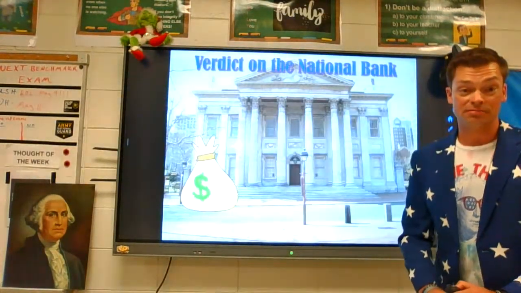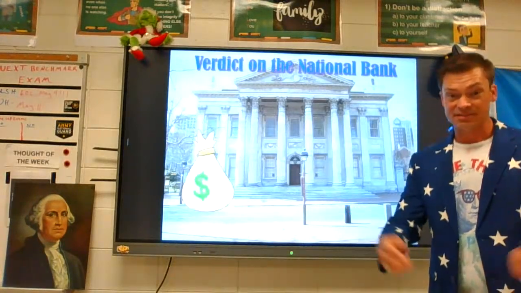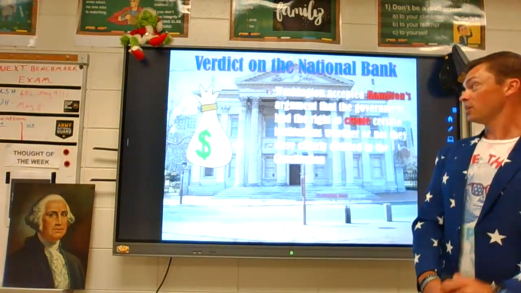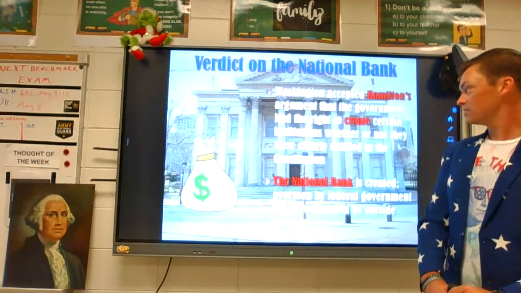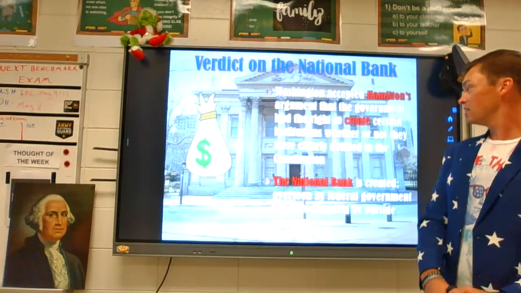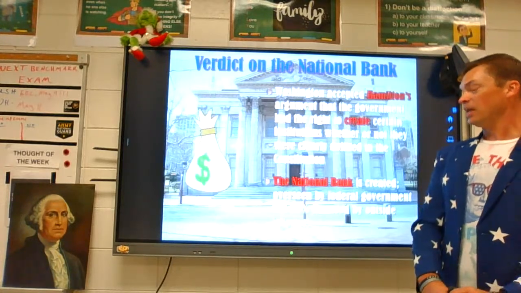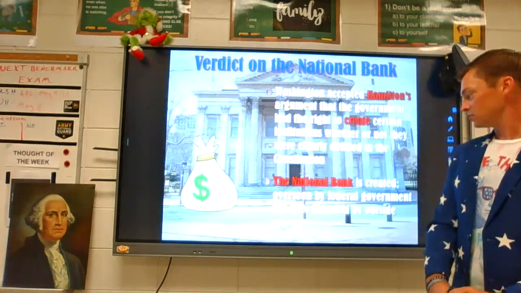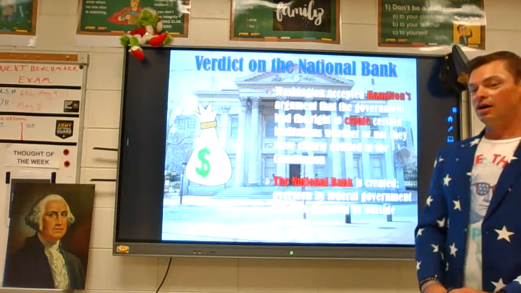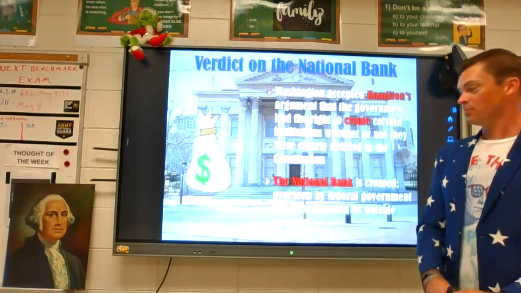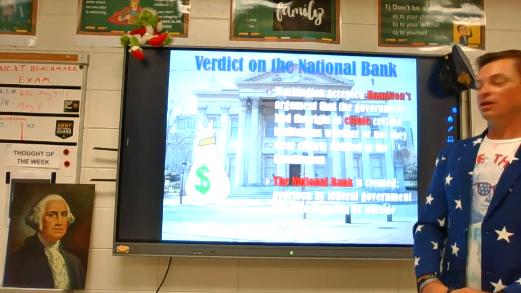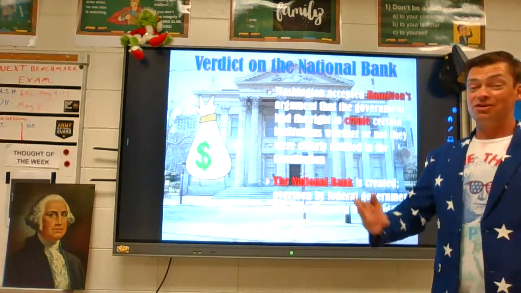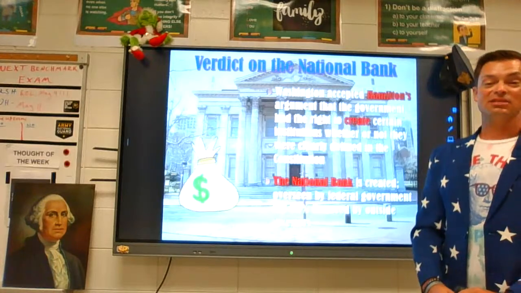Well, what about Washington? I haven't mentioned him, and today's class is about George Washington. Here's the verdict on the national bank. George Washington accepts Hamilton's argument that the government does have the right to create the national bank, even though it's not specifically listed in the Constitution. Therefore, by vote of the legislature and adoption by the executive, the president, the national bank is created. It's overseen by the federal government. And of note, 80% of it is financed by outside investors.